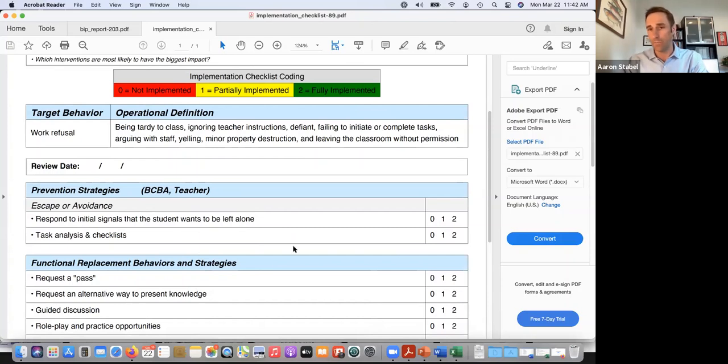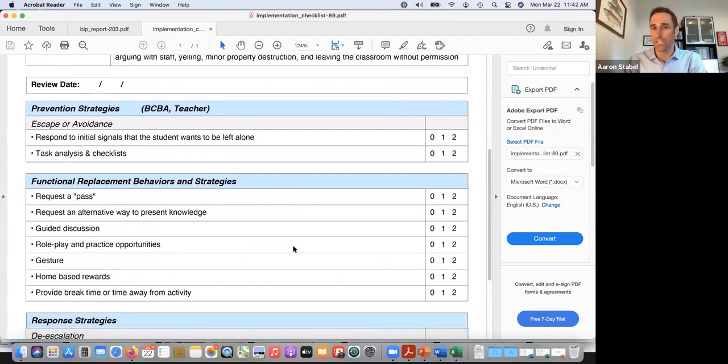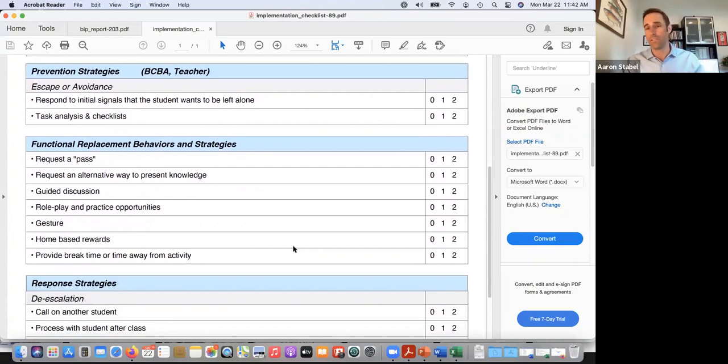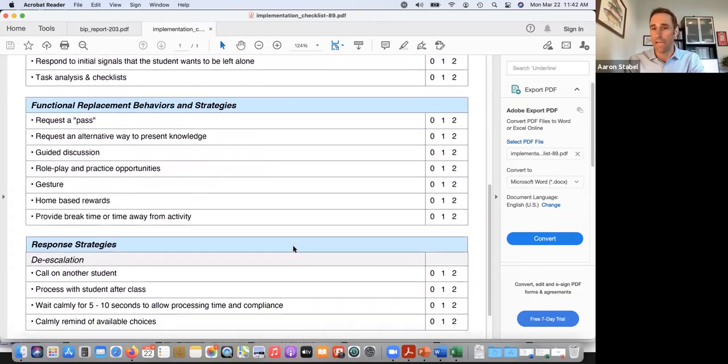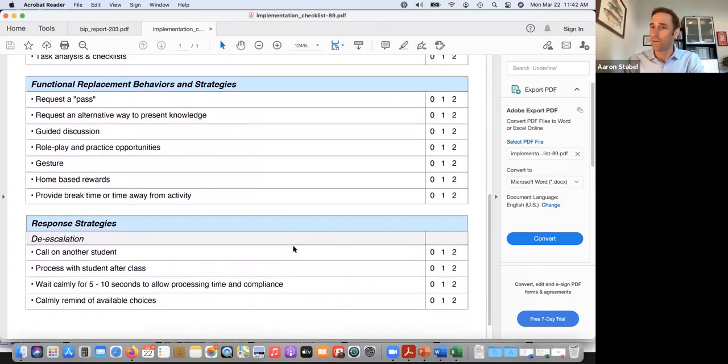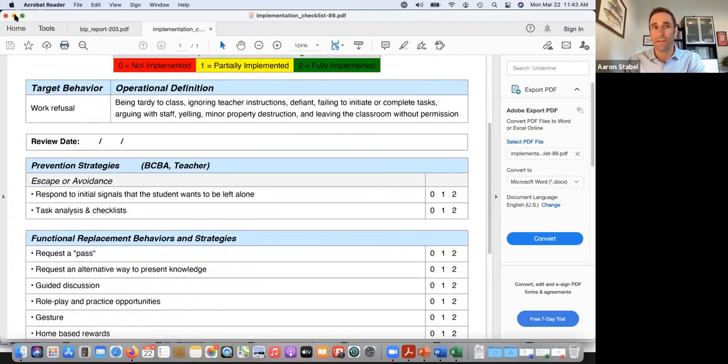We can use this document to track training needs, resource development, material development, and then just track implementation over time so that we can make data-based decisions on our end as far as, are we doing what we said we were going to do? Another important reason to keep simple BIPs simple. If they're really, really complicated and we don't have the staff or resources to implement it, it's probably not appropriate to the setting. But in this case, this seems very appropriate.